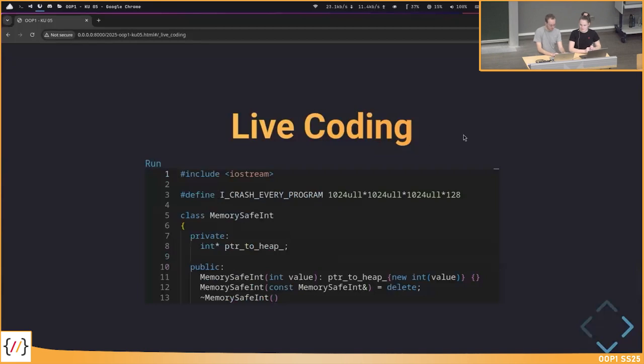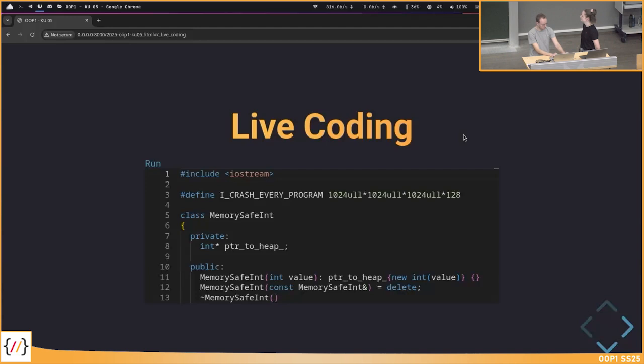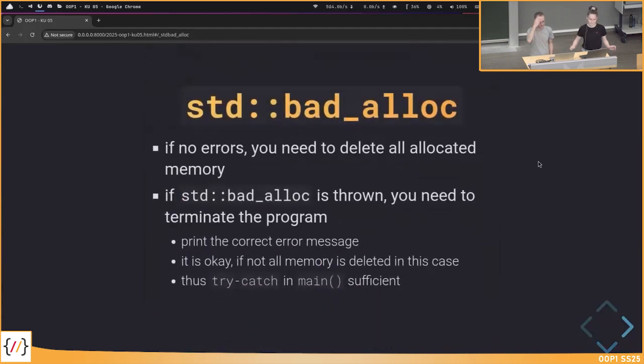Yeah, so actually using the concepts that we learned in C++ and encapsulating our memory management we have on the heap in classes really allows us to avoid having to do all these checks with the memory. And also to sum this up here: regarding std::bad_alloc, if there are no errors in your program regarding memory management, then please always delete all memory, and this will also be checked in the test cases.